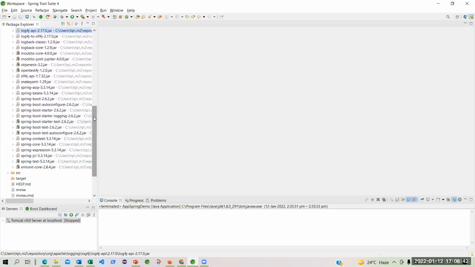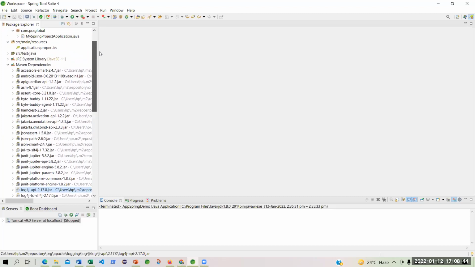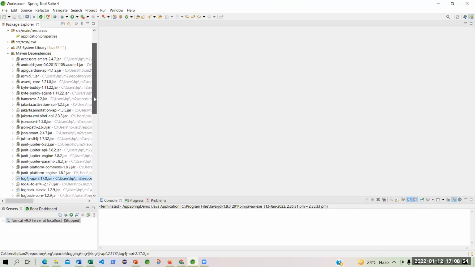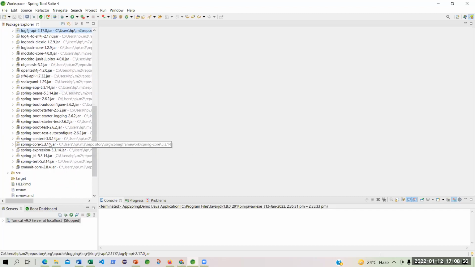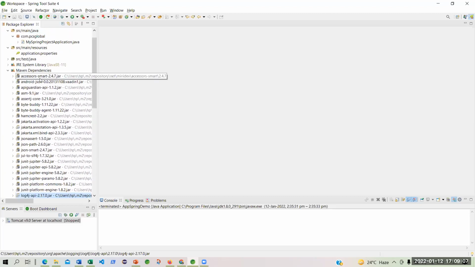So naturally, Spring knows that this project is not going to be a web project. Clear? Is this part clear? Otherwise the web server will be included, whether you use Tomcat or WebSphere or any other web server, that will be included automatically. Automatically means Spring Boot, while building this project.